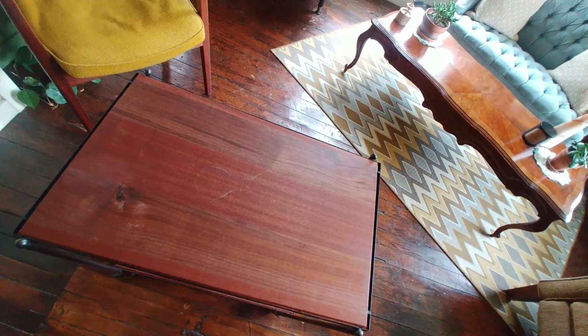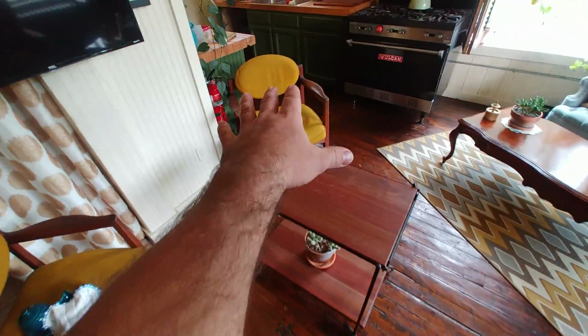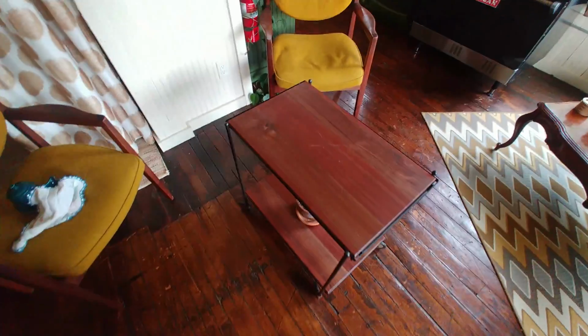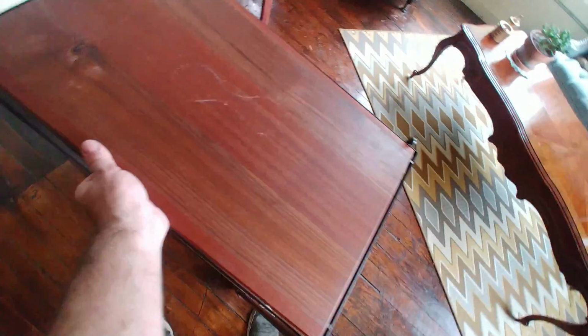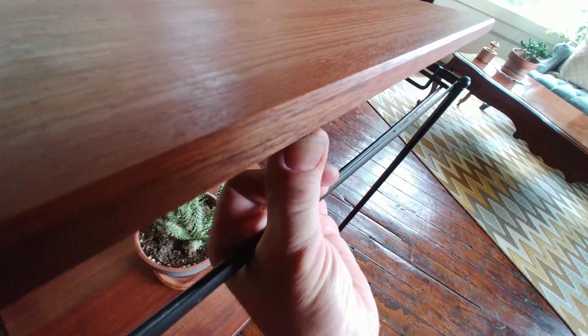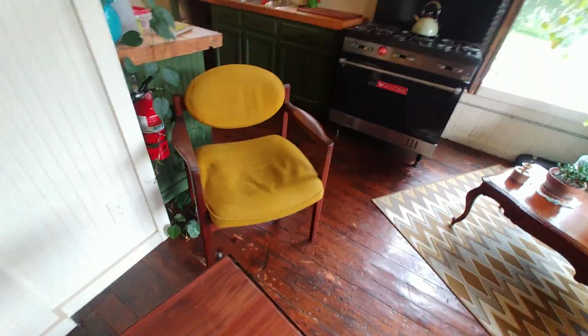But just love the figuring and the color tie in here with the mid-century chairs. And we've got the princess sofa and the more ornate stuff over there. It's kind of an eclectic aesthetic. I put a small little bevel on the edge of it with the router, but these would make great cutting boards. Actually, this is the sister